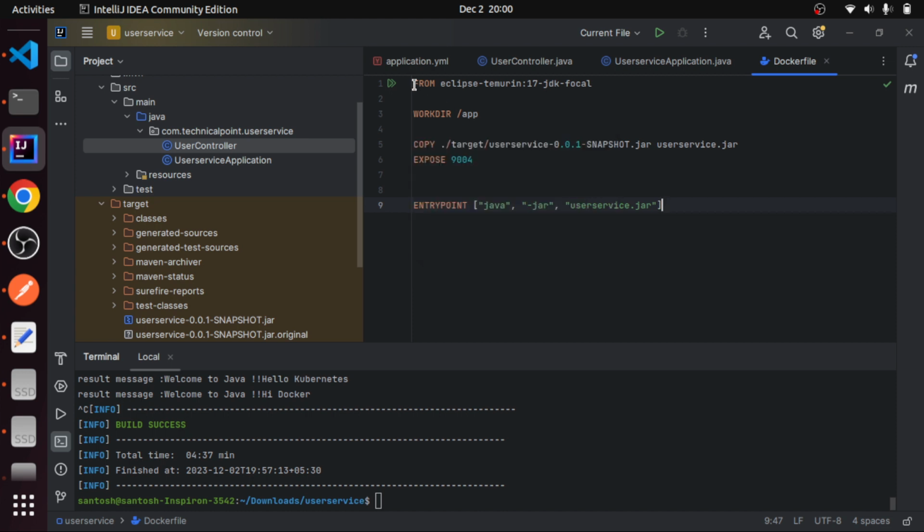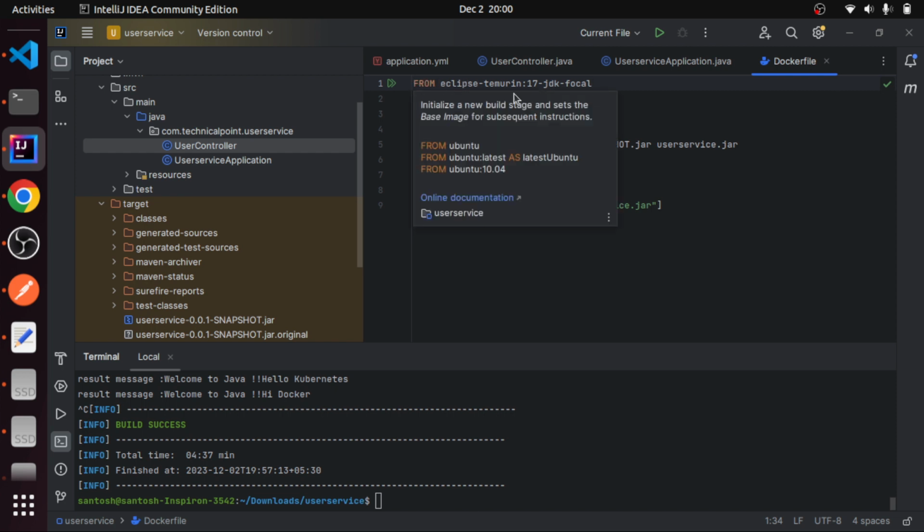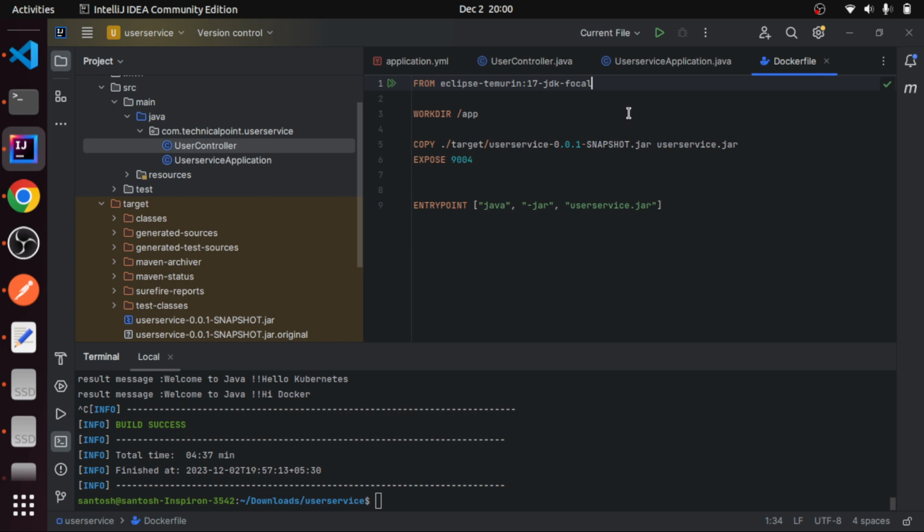first of all to write the base image. In this base image, first of all, what is the base image for running a Java application? It contains the OS dependencies, and after that we will wrap in more dependencies, whatever dependencies we have, then it will create the image. When we write this command, it will go to Docker Hub, and from Docker Hub it will download this base image,